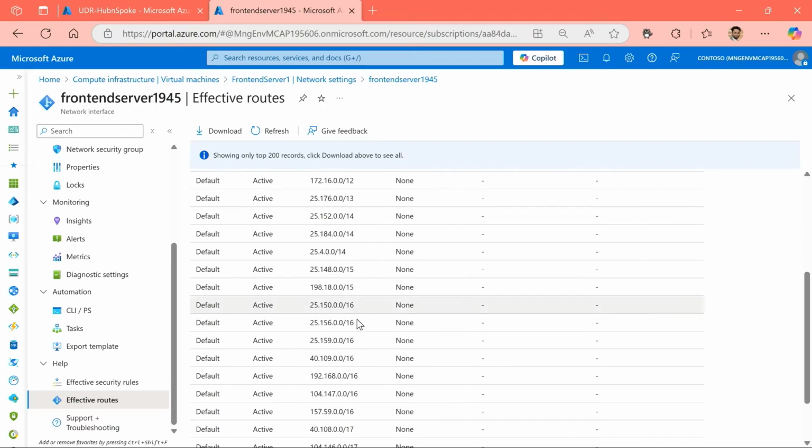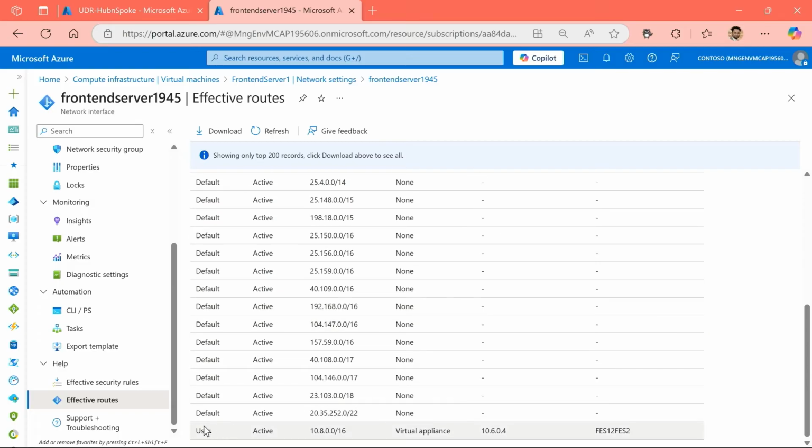And if I scroll down to the bottom of this screen, I can see I have a user-defined route that it's picking up from that hub and spoke UDR that we created, and it's suggesting, hey, you have an active connection that reaches you to that destination that you're trying to get to by bouncing off this particular resource that you have, which is a virtual appliance in your setup. So this is where it's telling me there's a route available for this traffic to take and reach that destination.